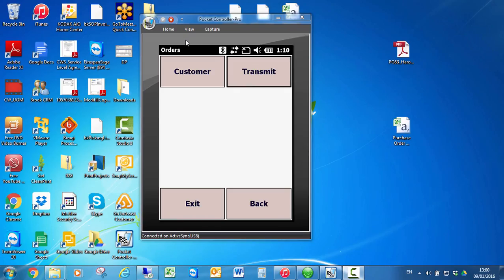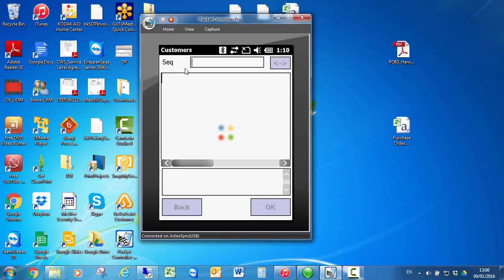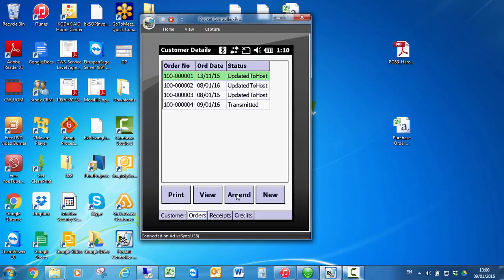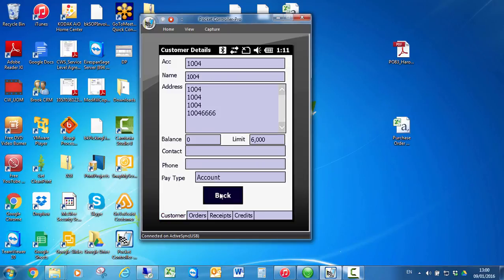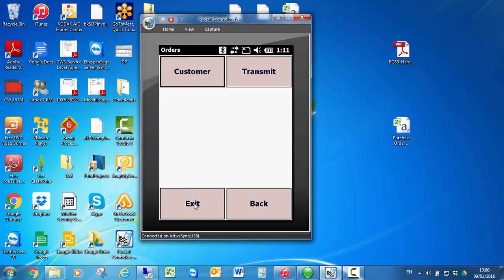So once we come back out of the transmit there, we'll go back into the customer. We can have a quick look at this customer here just through their own account, and we can see that that order has now been transmitted. So if we go back, we would normally go on to the next customer now and perform the same action. So if we go back into here and into the customers, we can also have a quick look